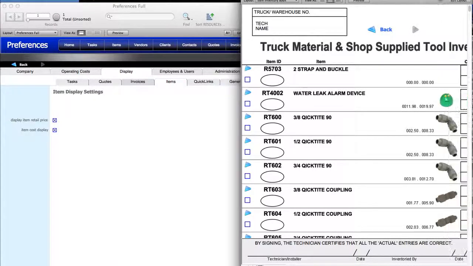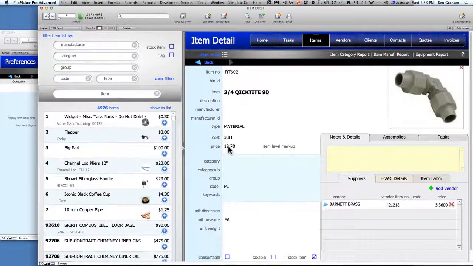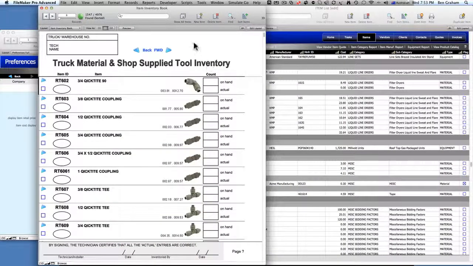It's like a code that's there, and you can see this. So it's got this here. Now what is that? So on this particular part, 381 and 1270, cost and price. So it's like a code in the book. If you want your people to have that information available, then